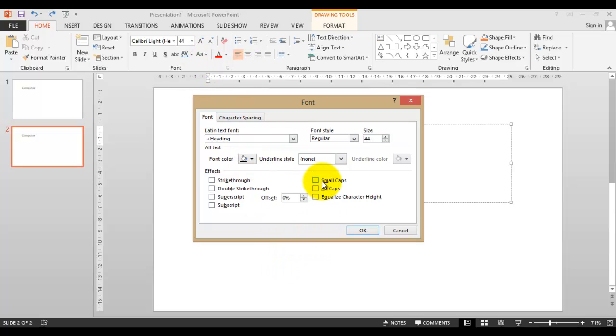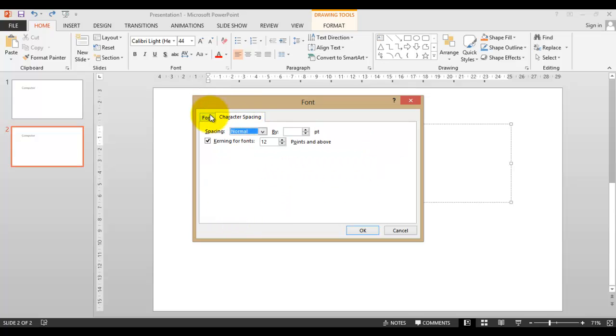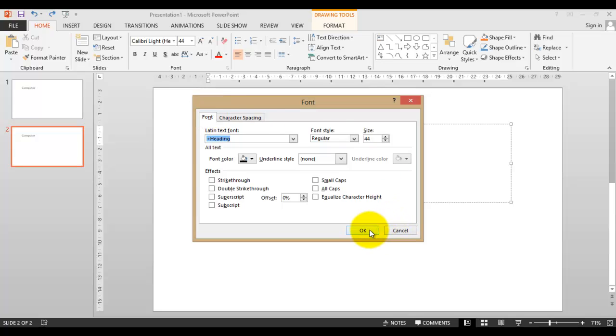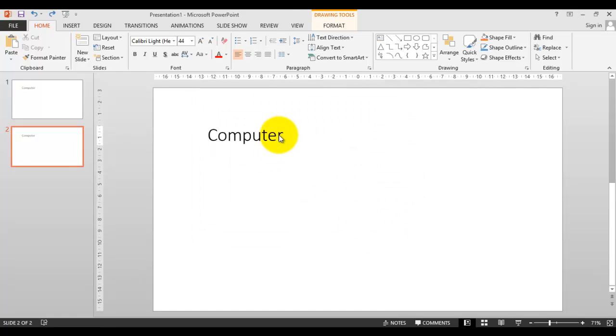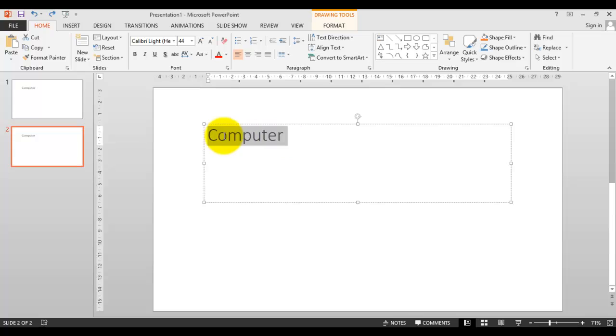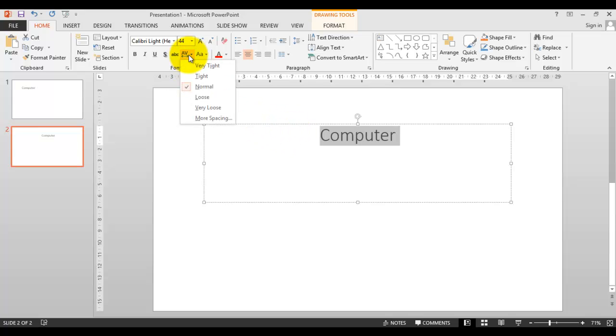Text color, strike through, double strike through, small cap, all cap, superscript, subscript. We have already learned this in MS Word also. And here another feature is, let's see, after selecting this one, this is alignment, center align, and you can increase the gap